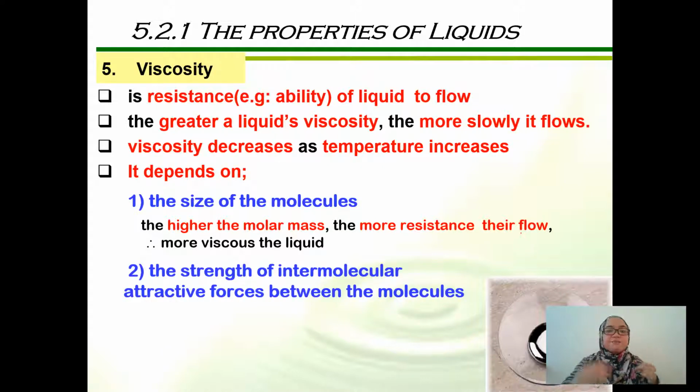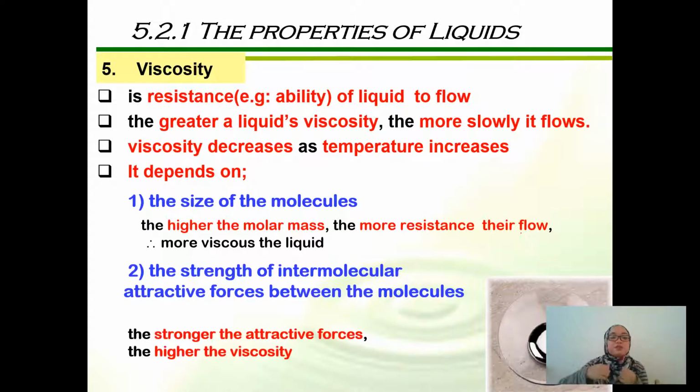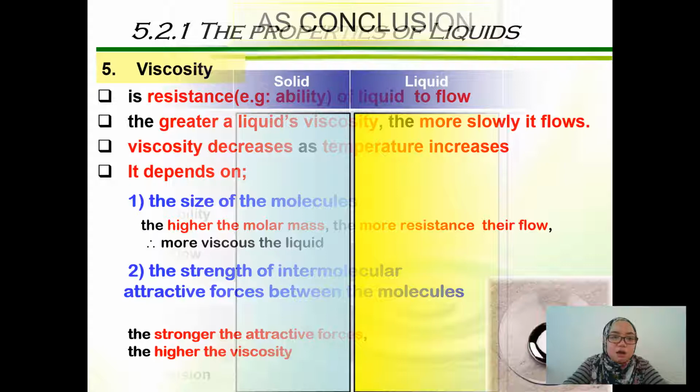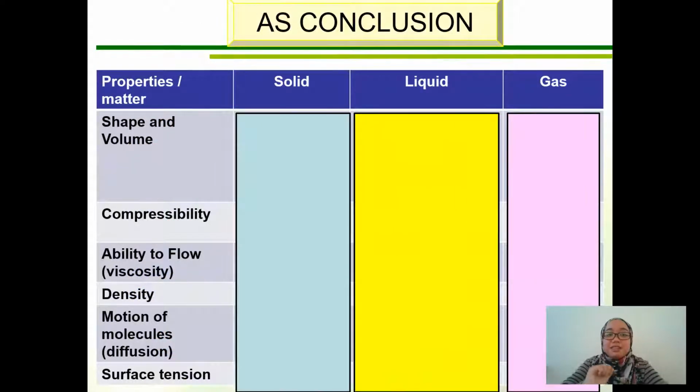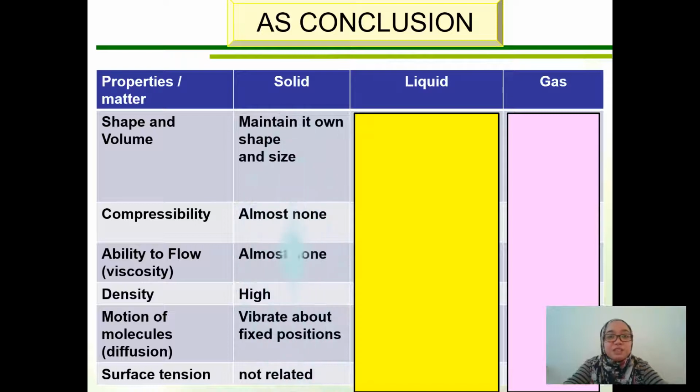Okay, second, the strength of intermolecular attractive forces between the molecules. So if there are strong attractive forces between the molecules, the higher the viscosity. Yelah, bila lagi kuat tarikan, lagi susah lah nak flow kan, lagi likat lah liquid tu. Okay? Alright. So, as a conclusion, we can see that for solid, solid dia biasanya dia punya shape and volume maintain,